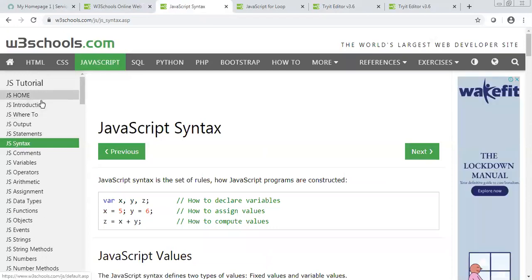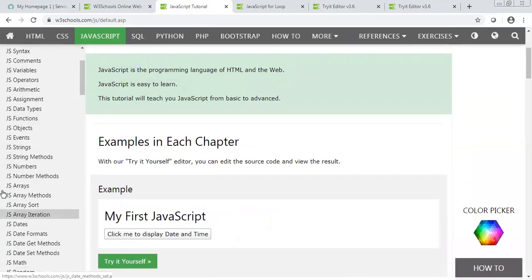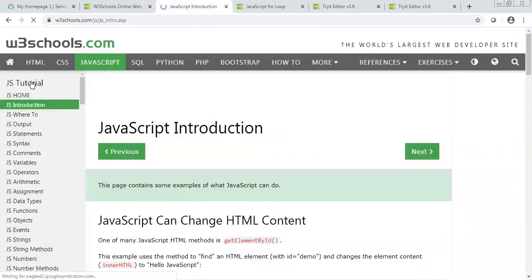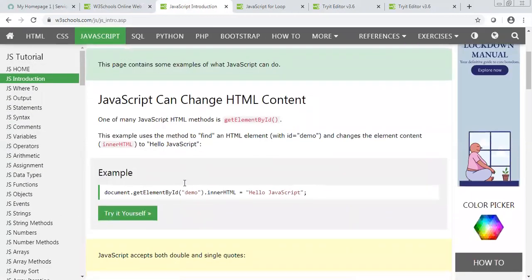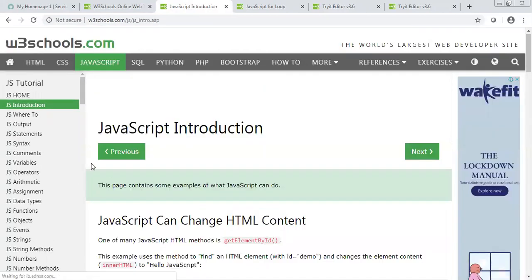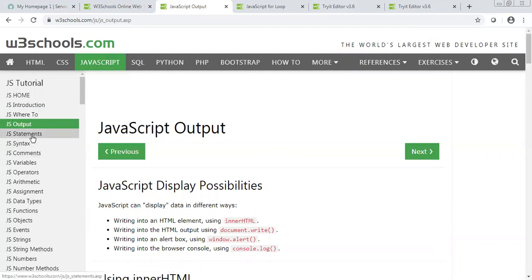If you see these first few things, like JS home, I will tell you which exactly things you need. Not all of it will be used in business rules and scripts.